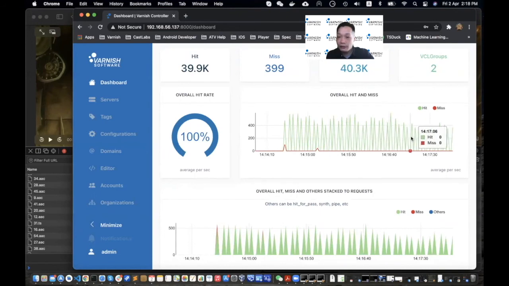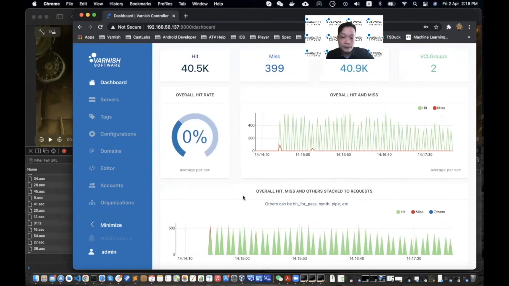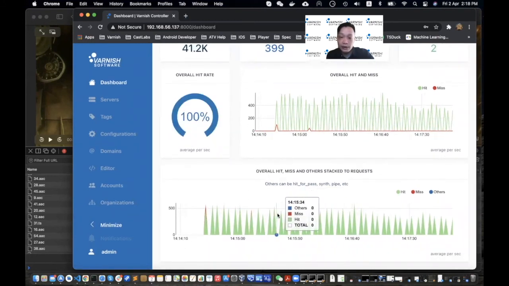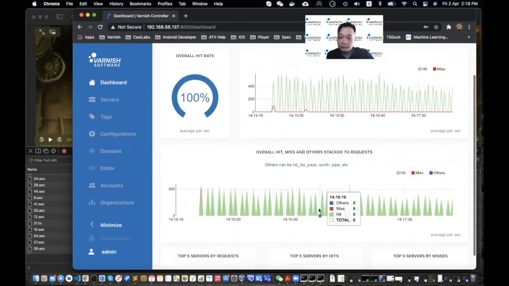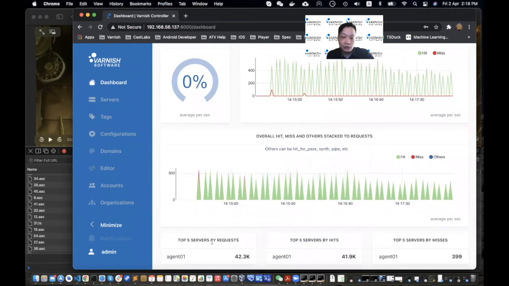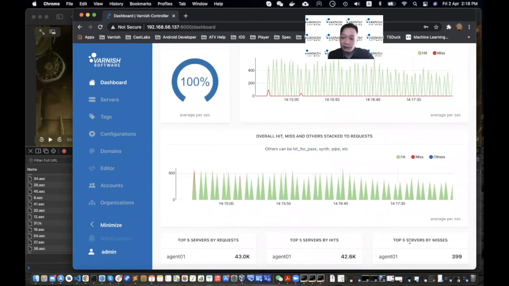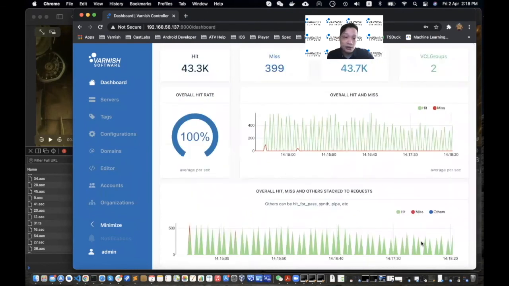You get a graph here. The green is the hit, the red one is the miss. And then you have the overall hit and miss and other status values in this page. And also top 5 requests by server, top 5 requests by hit, top 5 requests by miss. Some basic information you can show here.